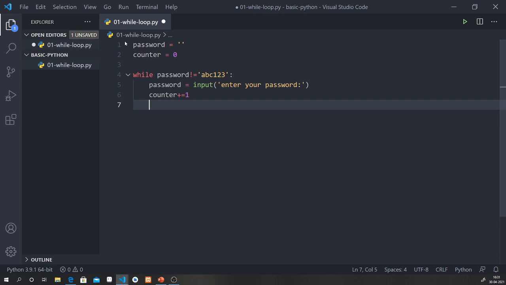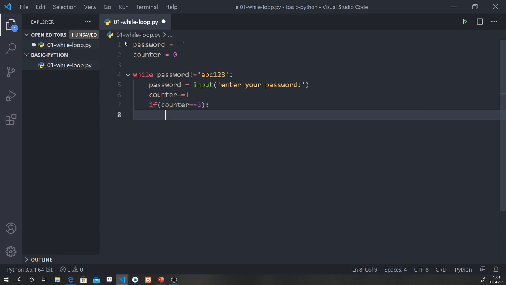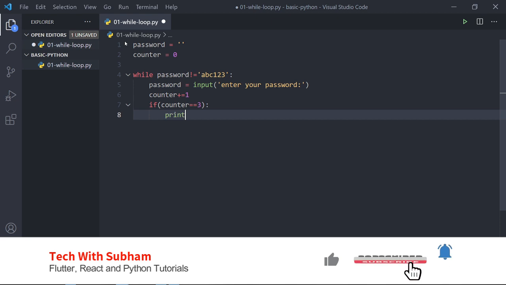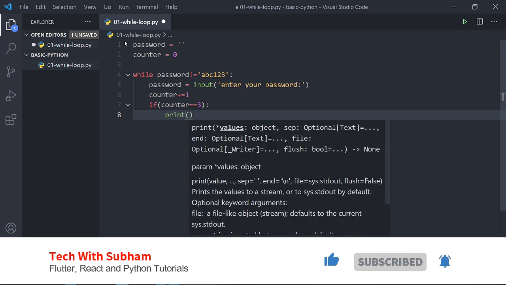So if the counter value is equal to 3, we will break the while loop. To do that, we have to tell the user that his or her account is blocked.